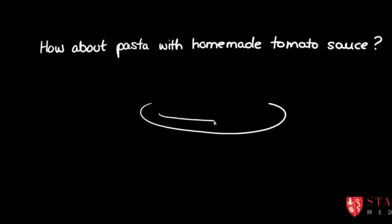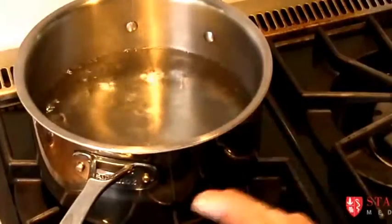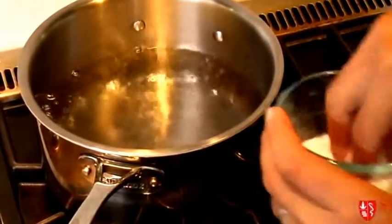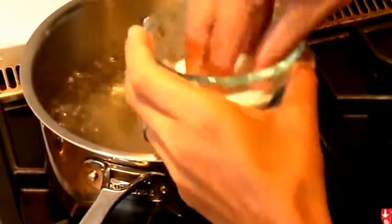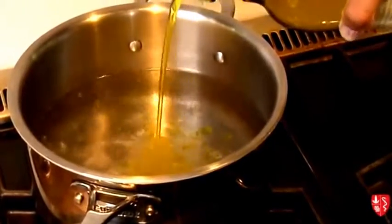Here I have some rapidly boiling water. You can see all the bubbles coming up, and this is the first step to making pasta. The next thing is we're going to add some salt, and you can be pretty generous because you're going to drain the water off of the pasta, and then you're going to add some olive oil, and this is where